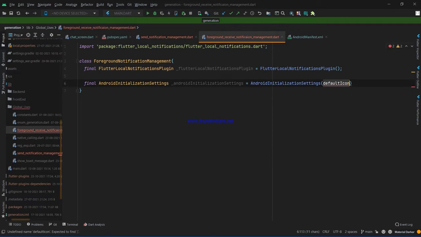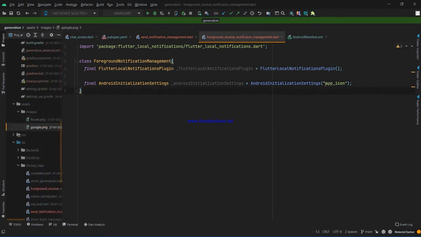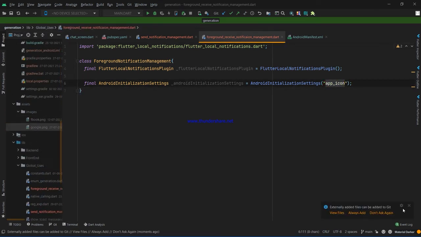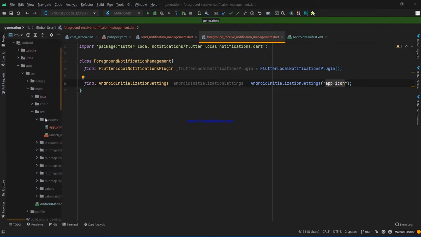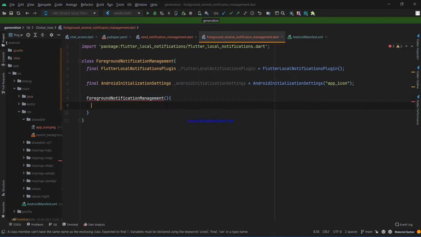Okay, and then we have to provide an app icon. Okay, and that app icon should be visible under res. So that's the app icon is visible here under res drawable folder, that app icon.png. Okay, and then we have to make a constructor for this class, that will be foreground notification management, and under this constructor we have to initialize something.